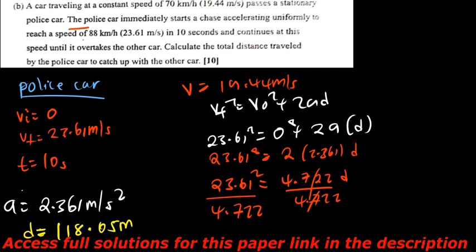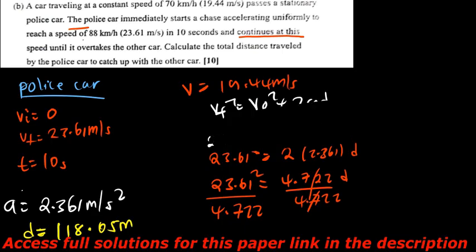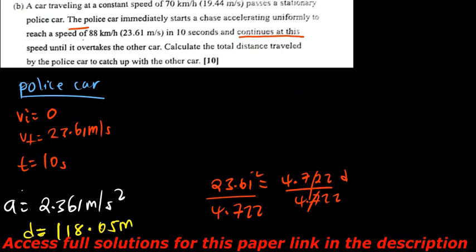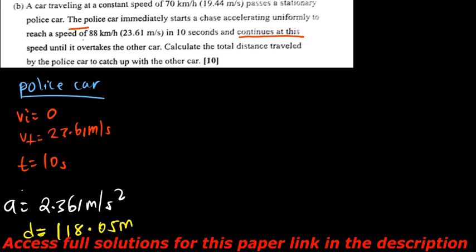But again, from there, after it reached this distance, it continued. That's why the question here continues to say, and it continues at this speed. Okay, so it continued at that speed. One thing I want you to understand again here is, now we have two things. So now I can start talking about the car alone. So the distance covered by the car,